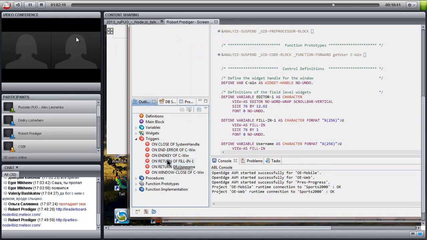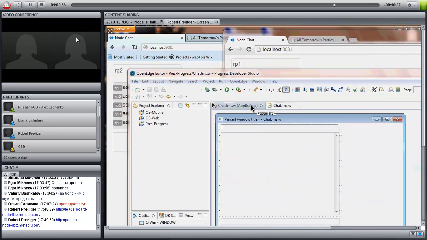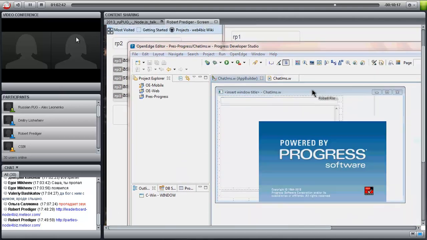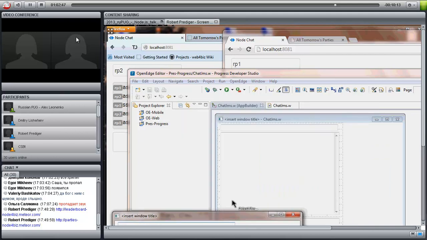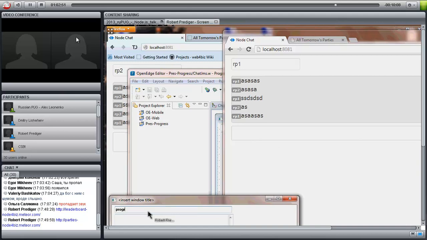Here, for example, you can see that the Stomp client sends a topic and so on. So it's just a few lines of additional Progress code. When I execute it, I can interact with the others as well.